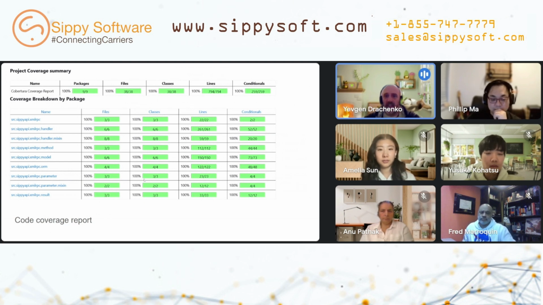This comprehensive integration of continuous integration at Sippy Software not only underscores the company's commitment to efficient development processes, but also exemplifies a strategic approach leveraging automated builds and tests, facilitating swift validation of code changes, early issue detection, and seamless development cycles, ultimately enhancing the overall stability and reliability of the code base.